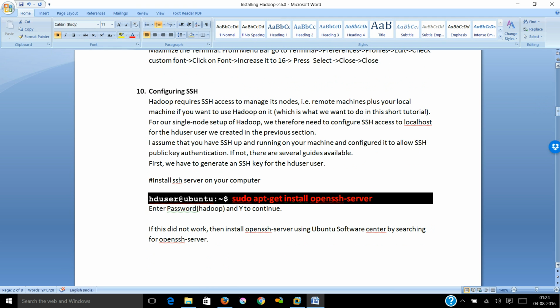Alright, let's move ahead. Now what we need to do is configure our SSH. So basically when we talk about Hadoop, we already know that we have several daemons, right? Like we have name node, secondary name node, data node, and so on. All these nodes are basically processes, and they try to talk to each other using SSH. That's the reason we need to configure this SSH. So you can install the SSH by just executing this command. Copy this